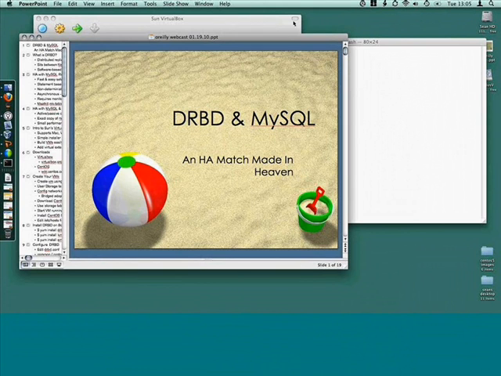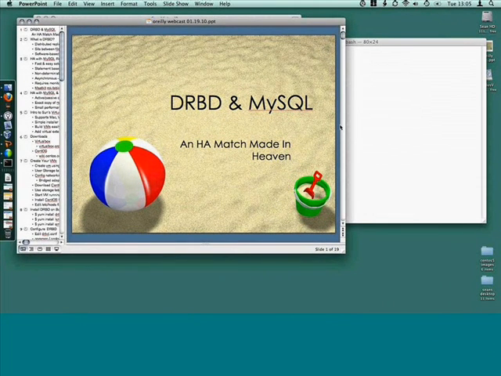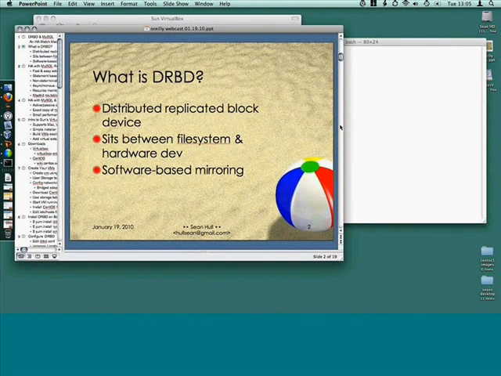What that means is normally on a Unix server you would mount a volume, a hardware device, and with the DRBD layer in between, all file system write activity will also be mirrored to the remote machine. So how does that play into MySQL? Well,